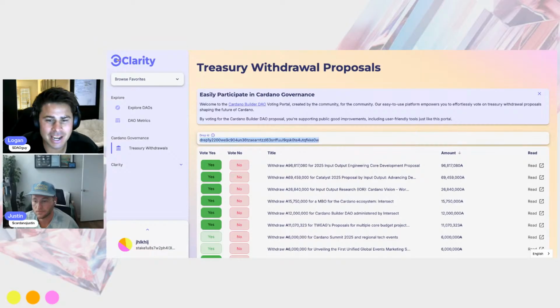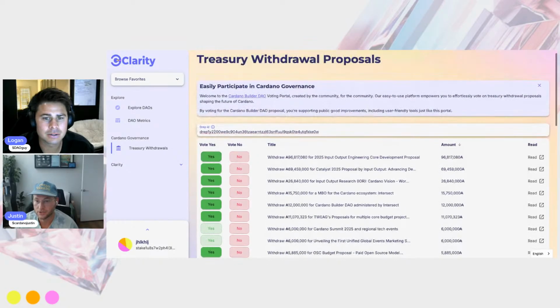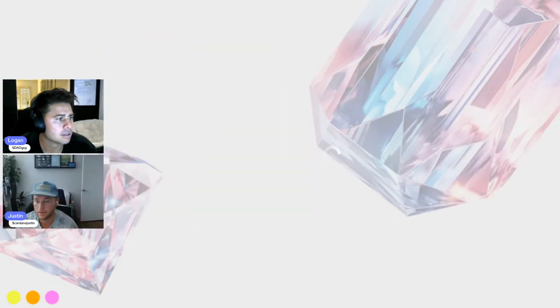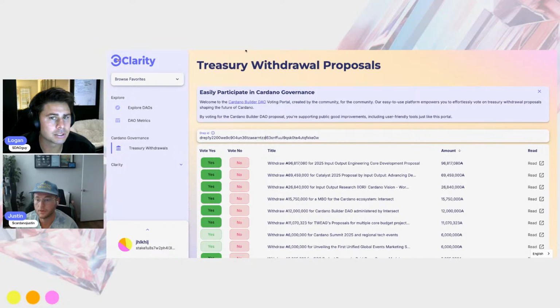So right now I actually have Yuta's DRep ID in. So I grabbed it from here, I put it in here. Wait, it's only showing your Clarity tab. Hold on, it says it's showing right on mine. You're not seeing Treasury withdrawal? I'm seeing that, but when you went to show where you were copying Yuta's from, it didn't switch your tab. All right, let me share the whole screen.